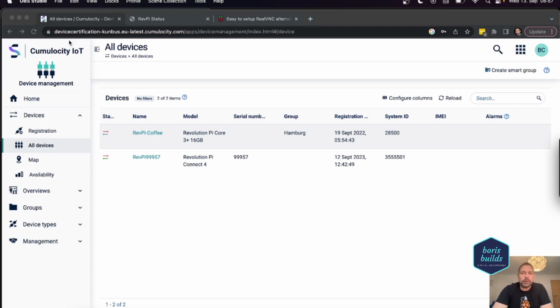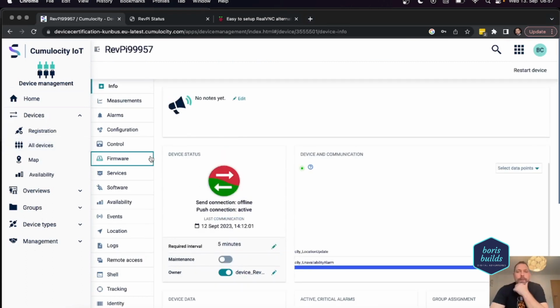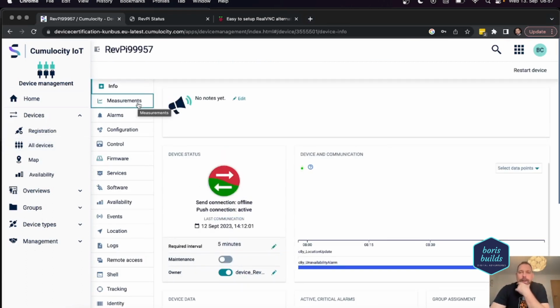So I'm logged into my Cumulocity IoT account. I went to device management, and here I can see all of my devices. Right now I have 2 devices in here, and let's look at my Revolution Pi Connect 4, which is just sitting right beside me, what we can do with that. So of course we can send measurements over. This is what an IoT cloud is meant to do, right? And alarms, that's self-explaining, and events, that's also self-explaining,